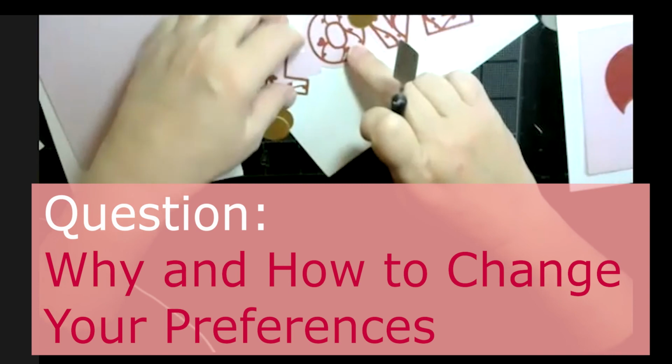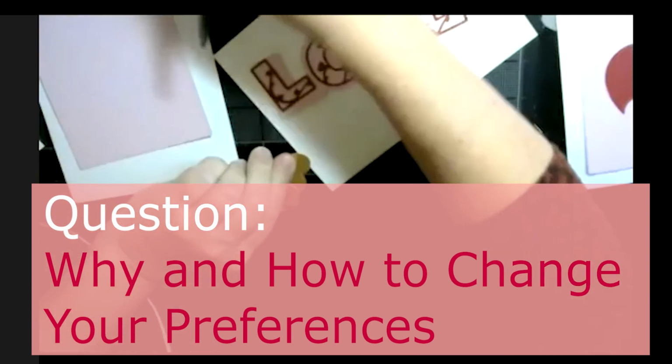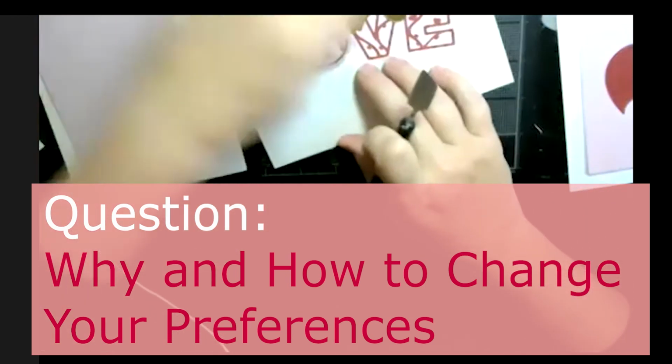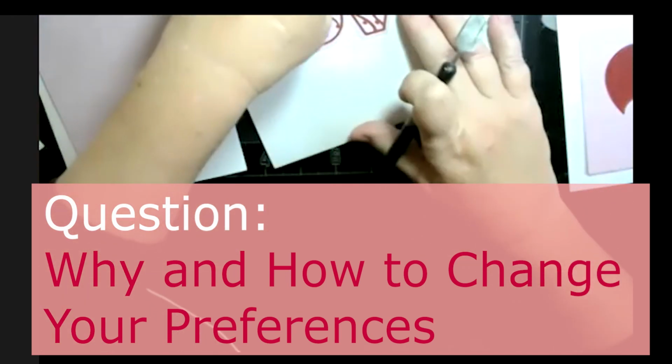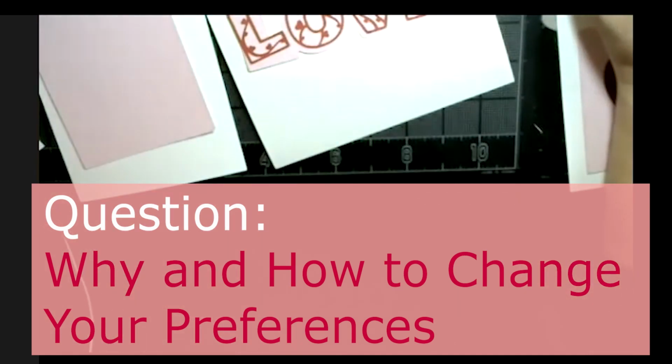Something you mentioned earlier. What is the advantage of setting your preferences so that as soon as your cursor touches an object, it selects it? And are there any limitations, and how do you do it? Okay, let's go back to